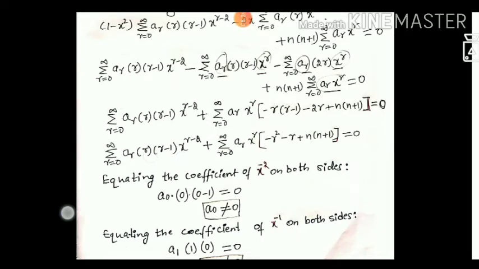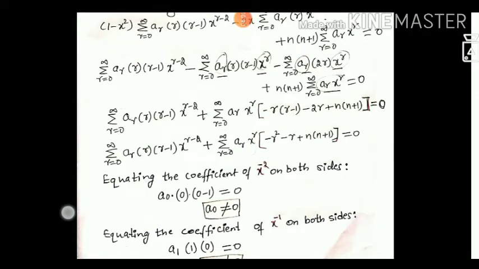In the first expression, we get x power minus 2 when we put r equal to 0. Only then will we get x power as minus 2. So in the first summation expression we have to put r equal to 0. Coming to the second summation expression, r starts from 0, and if you give the minimum value itself, the starting value will be a0 x power 0. So there is no possibility to have an x power minus 2 term. So in the second summation, the x power minus 2 term is not there. On the right side, of course, there is no x power minus 2 term, so it is equivalent to 0.